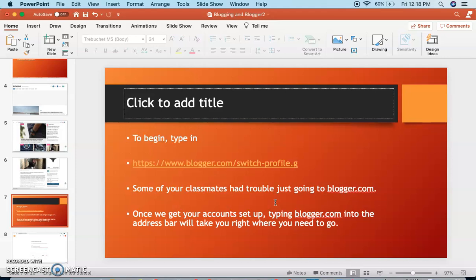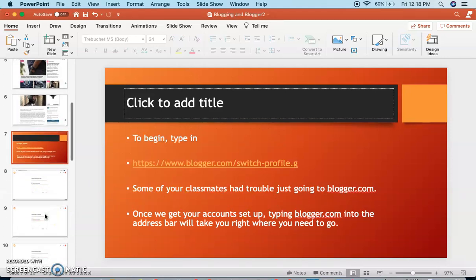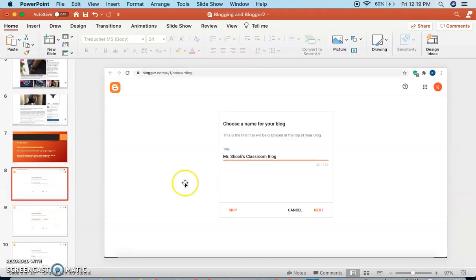Now it's going to ask you to verify your account. Blogger is a Google-sponsored website, which means that your school email address, which is also powered by Google, is compatible and it is safe. So you will click on your school email address. You might have to type in your password, but again, it is all through Google. It is all safe. And then from there, you will be good to go. You will be taken to this screen that asks you to choose a name for your blog.